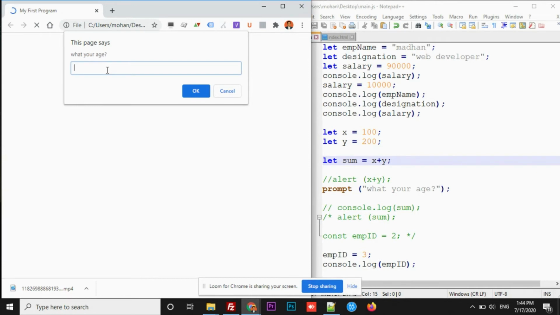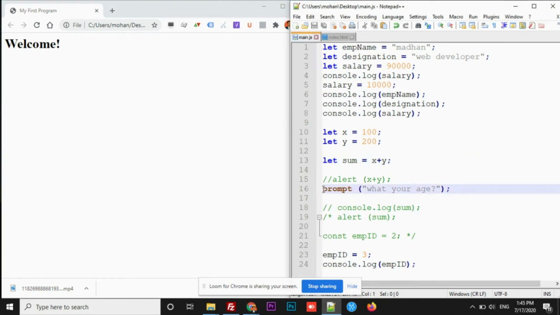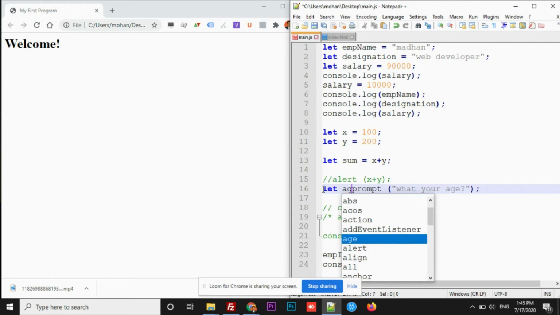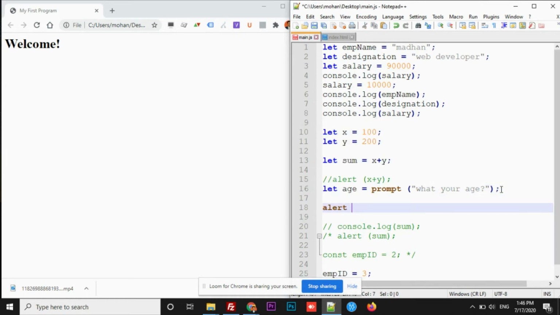You're asking for age. Let's say 28. Okay. That's how you can collect the information from your users. Now, I simply collected the data, but I'm not storing it. In order to store the data, what you can do is you can assign one variable, let age equals to prompt. Now, whatever the information user is going to provide inside the prompt, that information is going to be stored in as a variable. Okay, if you want to check whether it gets stored or not, let me alert this